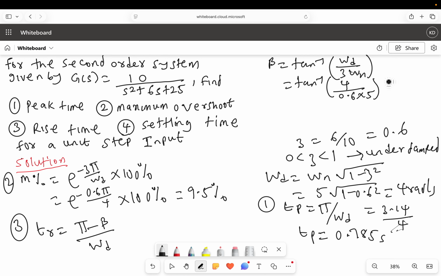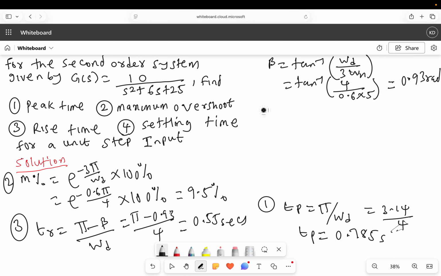So if you solve this, you will have 0.93 rad. So if you substitute it here, we'll just have pi minus 0.93 all over 4, and that will give us 0.55